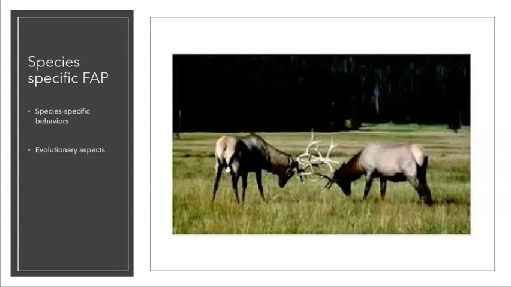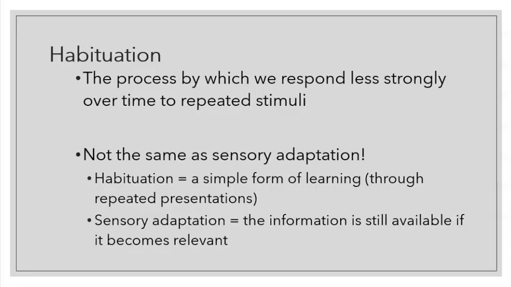Okay. So now let's move on to some of the simpler mechanisms of learning. So the first simple method of learning would be habituation. This is the process by which we respond less strongly over time to a repeated stimulus. For this, I love to think of the example of those Febreze commercials, because that's really habituation. You've got a smell in your house, but the longer you're in your house, the less